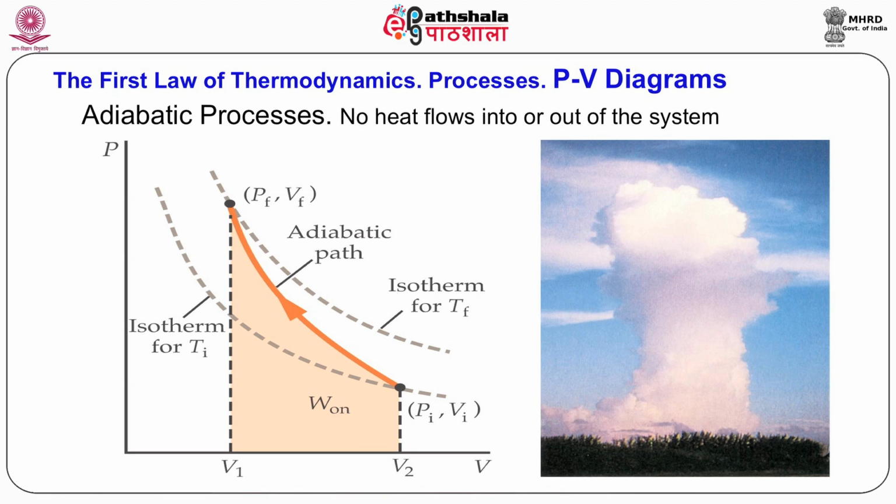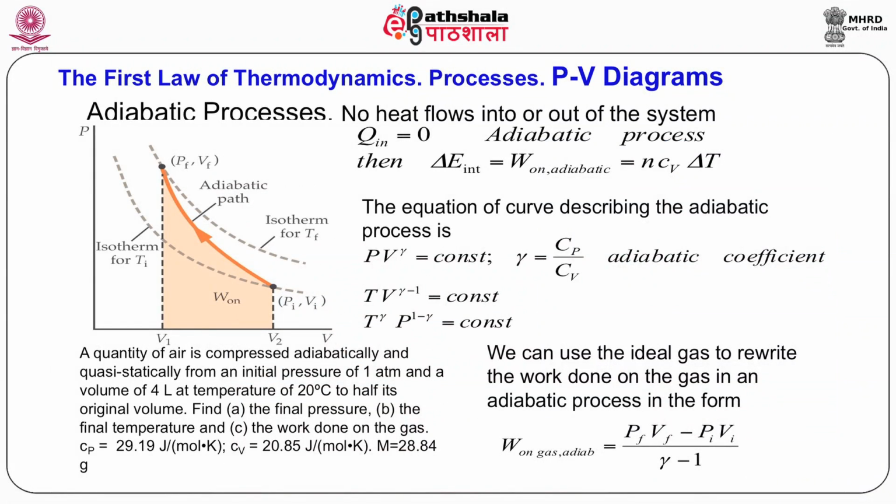And we can also use the ideal gas law to rewrite the work done on the gas in an adiabatic process in this form: P1V1 - P2V2. Understanding the adiabatic process and PV diagrams is one of the most important parts of the first law of thermodynamics. For example, if we take a quantity of air